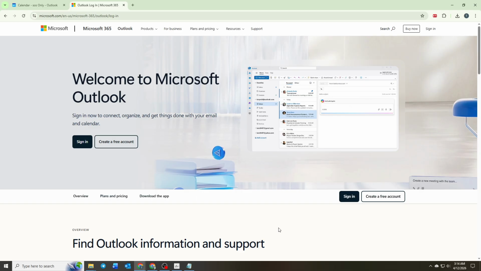To begin, open your web browser and go to a search engine page. In the search bar, type Outlook and continue to the official Microsoft Outlook website from the results. Once the page loads, sign in to your account so you can access your mailbox. This process is based on Outlook for the web, although similar options may also be available in the desktop version,